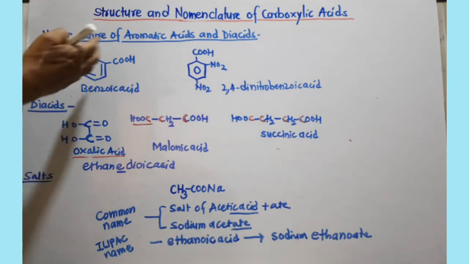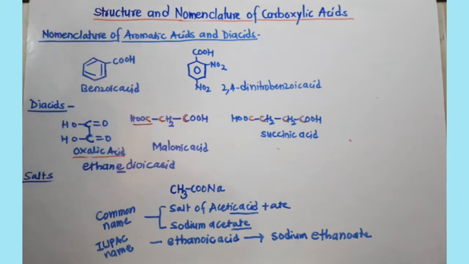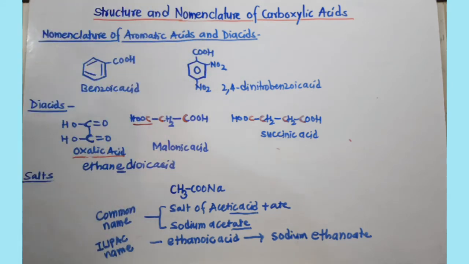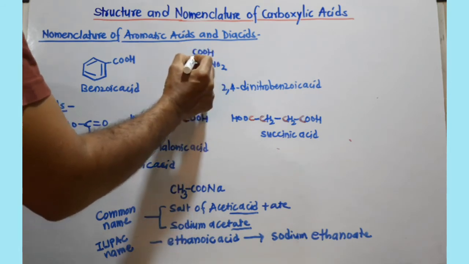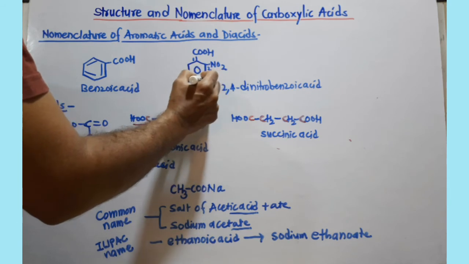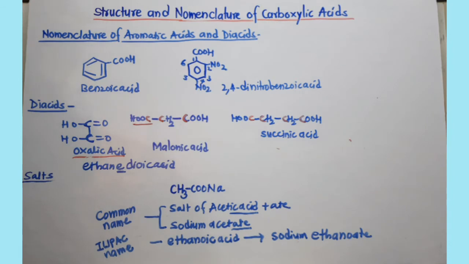So first of all, see the aromatic acids. You just remember the common name of that carboxylic acid if available. For example, this is benzoic acid, and if you join substituents on the ring, those are actually derivatives of this benzoic acid. Here I have taken one example. In that case you start numbering where the carboxylic group is attached and provide numbers to the other substituents, but all other substituents should get the least possible numbers.